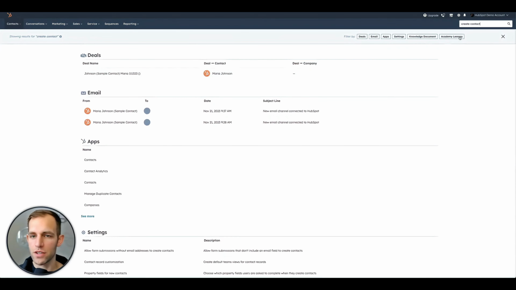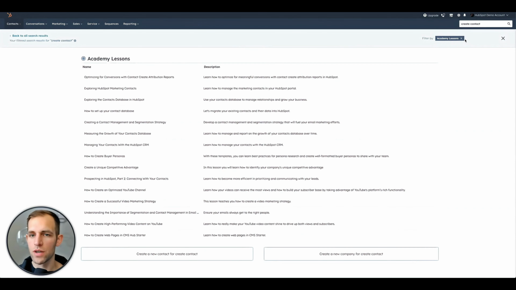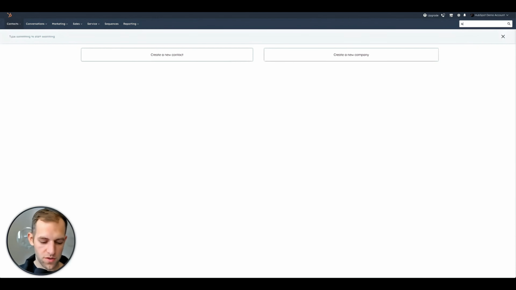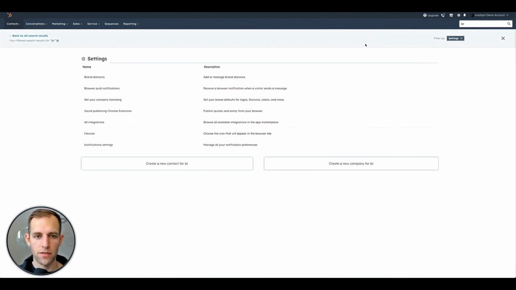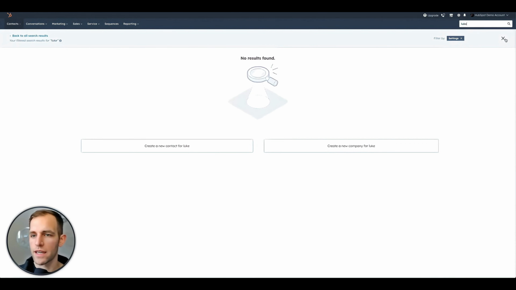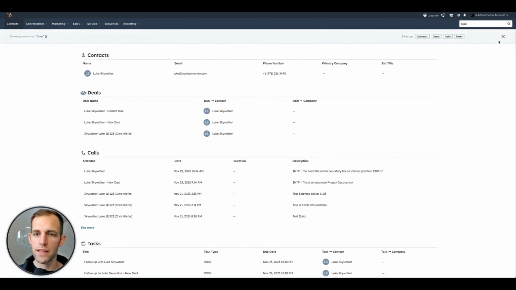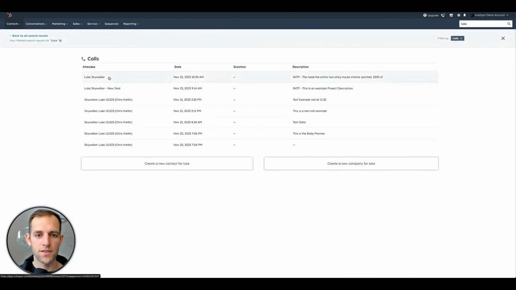Now, the next thing you can do is, right here, you can choose to filter by just academy lessons. For example, let's say I'm trying to search for something that starts with BR, and I know it's not a contact, it's a setting that I'm looking for. Now I'm filtering and only looking at the information pertaining to settings that contain that search. If I go back and type in Luke, I can clear the filter or search for Luke. Now I'm searching for contacts, deals, calls, and tasks. Maybe there's a phone call that I made to Luke that I'm trying to find. Now you can see these are the calls that I made to Luke only,